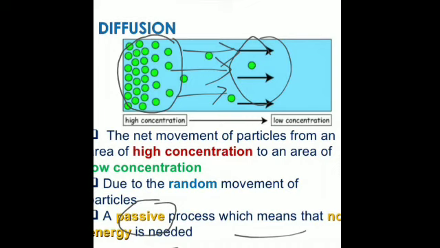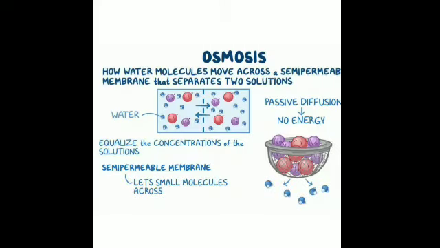The next process involved in the transport is osmosis. I have just told you that the process involved in the transport of water molecules through the cell wall of the root cell is diffusion. Then for the water to keep on going inside, it passes through the cell membrane, which I have told you is semi-permeable. So there the process of osmosis takes place. Osmosis is the movement of water molecules from a region of higher water concentration to a region of lower water concentration through a semi-permeable membrane.